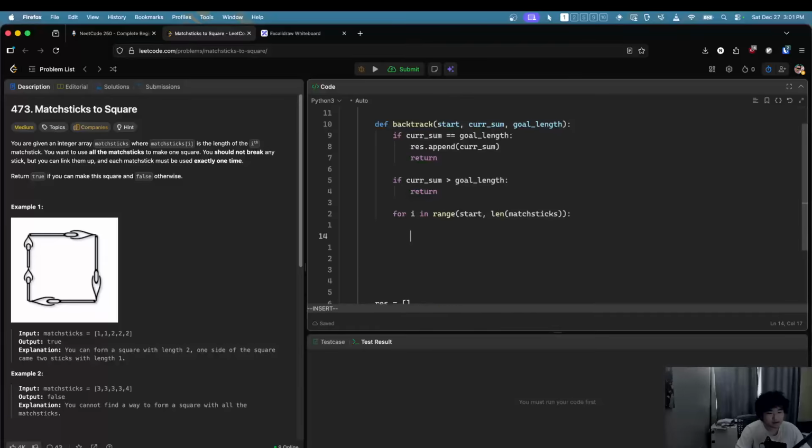Okay, anyways. We'll do matchsticks of I, cur sum, increment that. Then we call backtrack, and we'll basically start from I plus 1, with the current sum, and